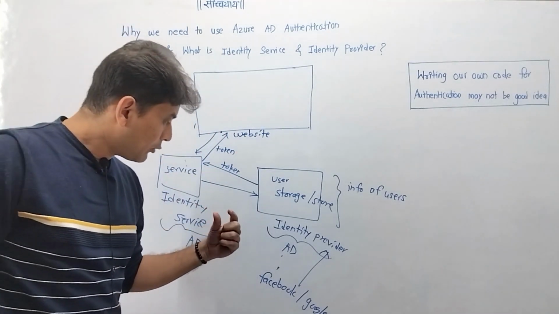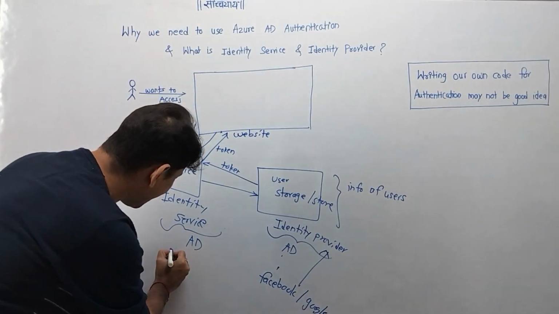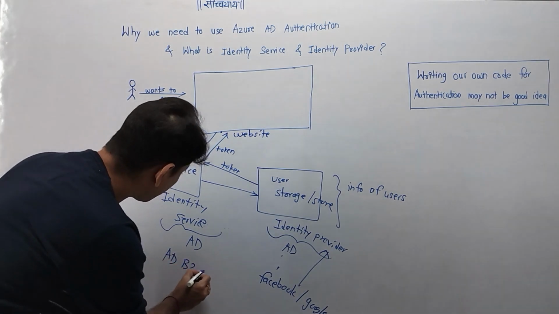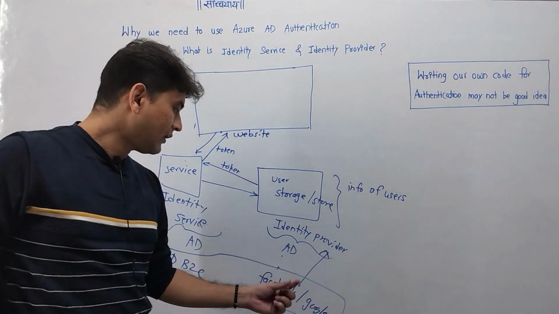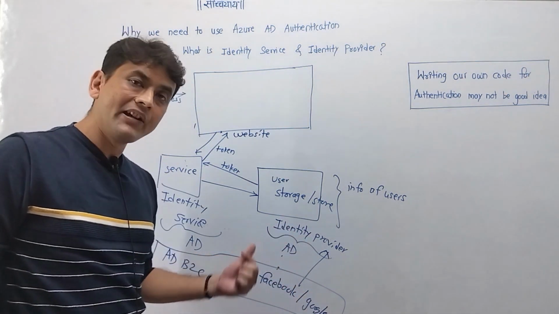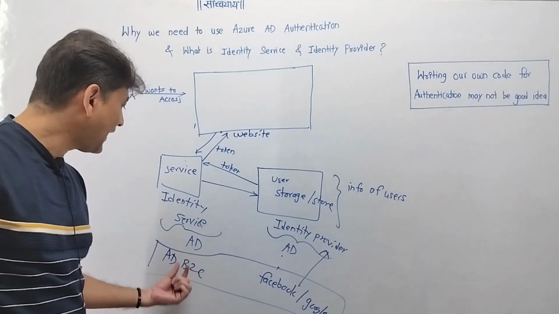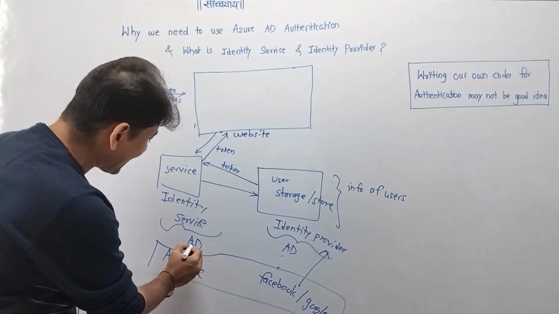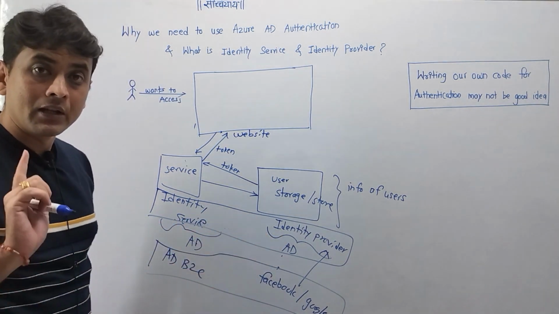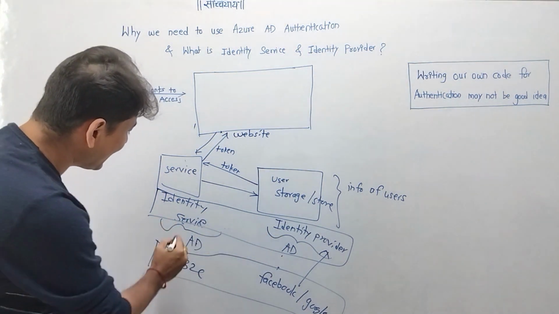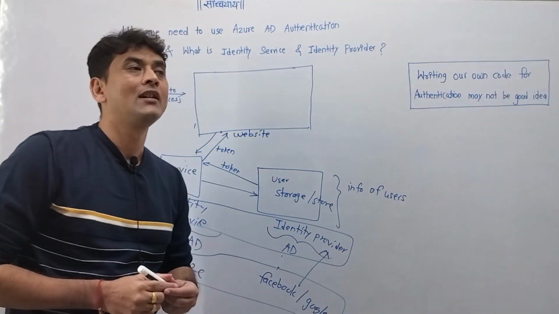Okay, so if we are using Facebook or Google as identity providers, then most probably we will be using Azure AD B2C as identity service. So you can see, if we are using Facebook and Google as identity provider, then chances are most probably we will be using Azure AD B2C as an identity service. So guys, remember, Azure AD is both identity service and identity provider. Again, this Azure AD, but Azure AD B2C is just identity service. So Azure AD B2C is not an identity provider.